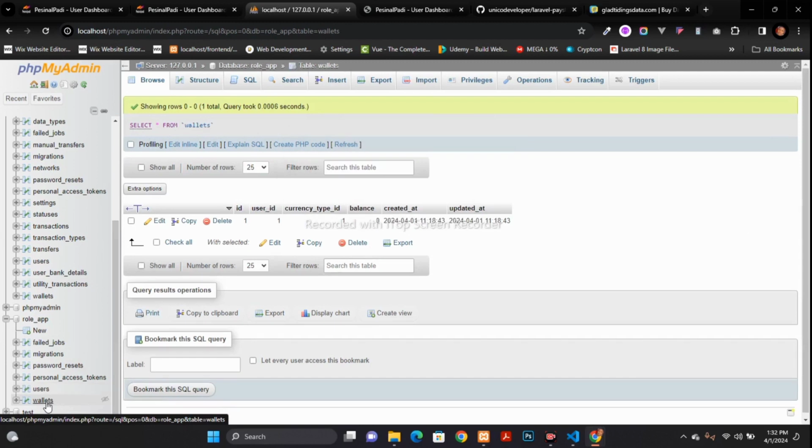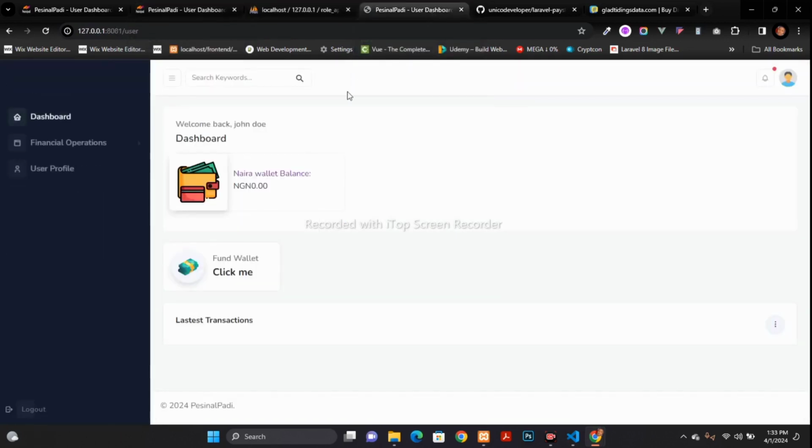Now if you check the wallet, you're going to see this particular currency type here. The user ID one has this currency and the balance is zero. So in this case, we want to add funds to the user's wallet. For the funding here, we are going to be using this fund wallet. So if we click on fund wallet,